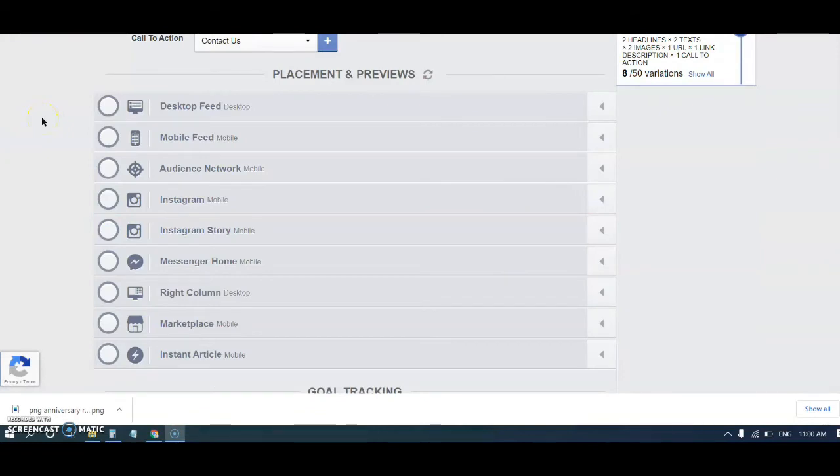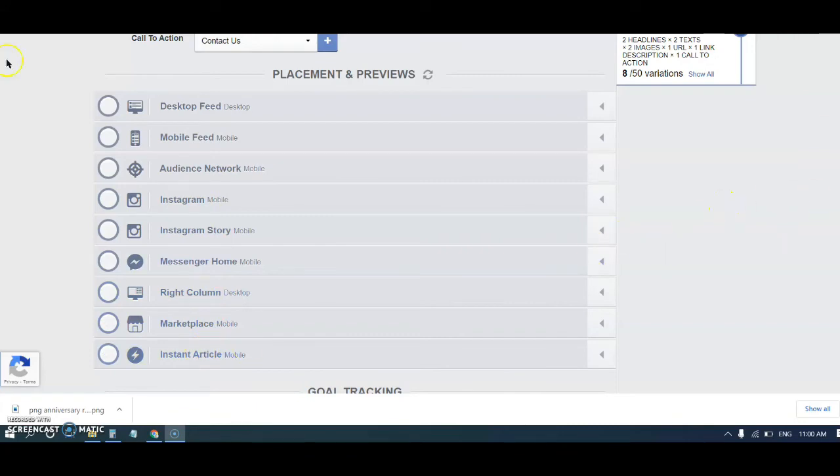Now we will define what properties and devices we would like our ads to run on. So you have desktop feed, mobile feed, audience network, Instagram feed, Instagram story, messenger home, right column, marketplace, and instant article.